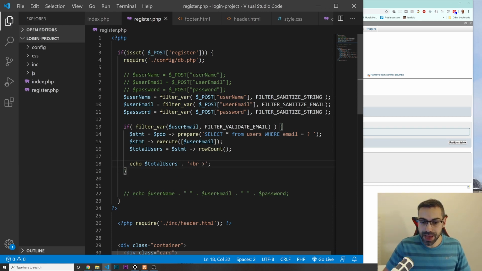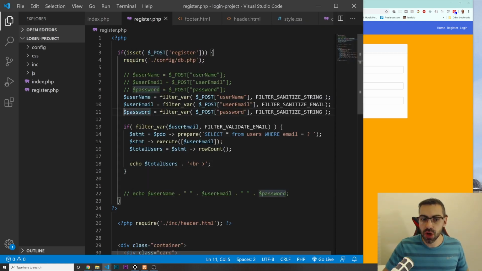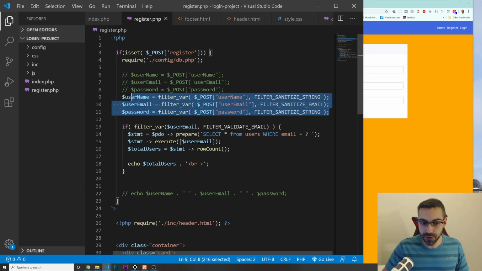So basically, let me explain what's going on in here. When I'm on my form, I'm submitting all these values from the username, from the user email, and from the password. If you guys remember, we are grabbing them on the top with these variables like I covered before. We are sanitizing all the data. Then I'm checking inside of this if statement if my user email is valid. We already sanitized all the data from before, so we are all good. First of all,